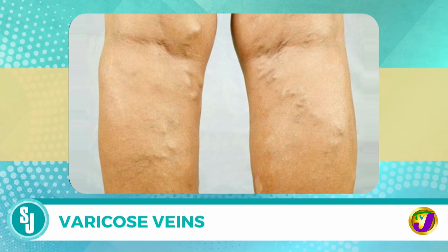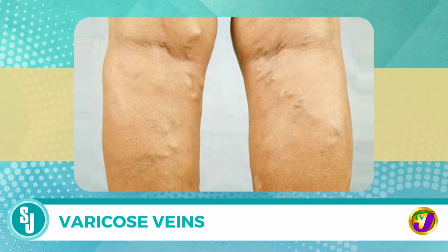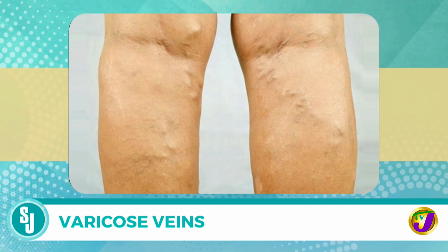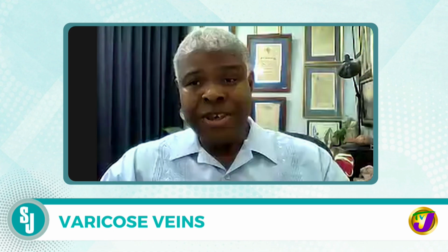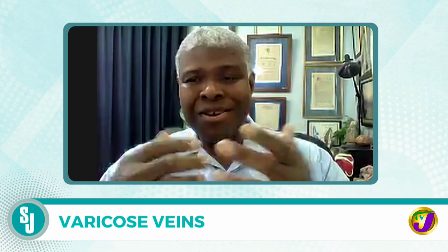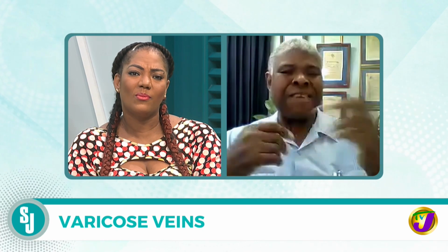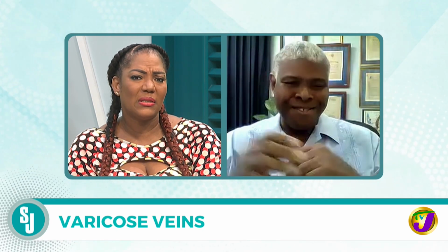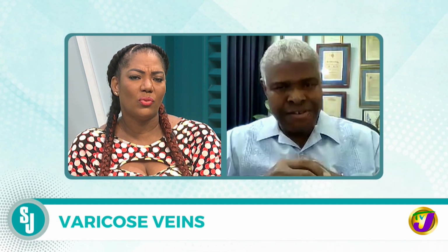At first, they look unsightly, but that's the least of it. They actually cause a problem with skin nutrition because blood isn't flowing from the skin back up to the heart, and you get something called trophic changes in the skin. Skin can break down, and you get these ulcers, which can be chronic and terrible. Swelling, itching, burning, discomfort, and the ulcers eventually, which people call sore foot. People say people give them sore foot. No, the veins cause a sore foot. But when you get them, it's very difficult to treat, and varicose veins will deteriorate over time, so you should